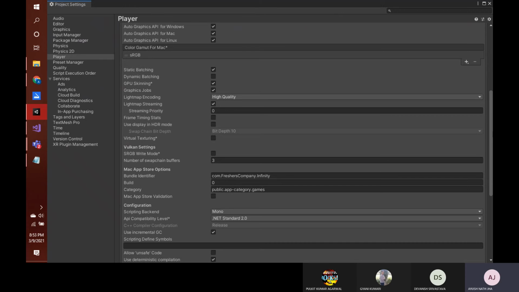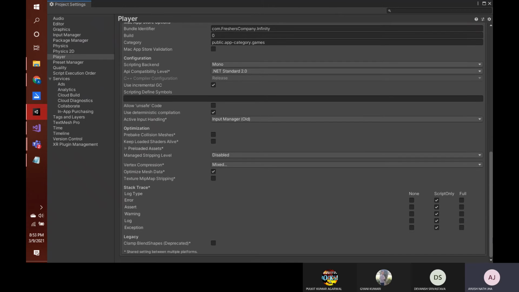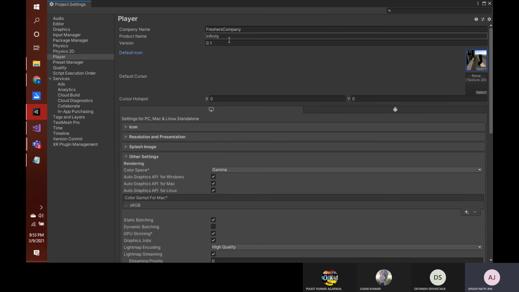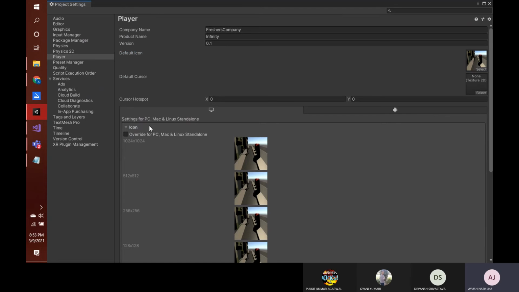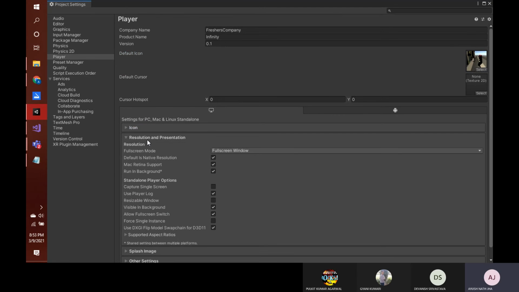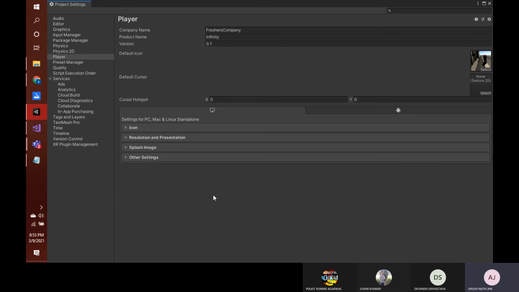Then there are many more options, like options related to graphics, which are not of much purpose right now. These are the basic options you have specifically for the Windows part. Then you have multiple options for icon, and specific resolution settings, like if you want your game to run in full screen mode. You just need to move around and check which options are best suited for you.